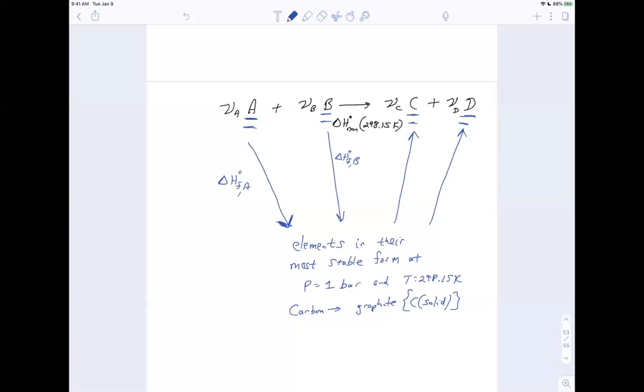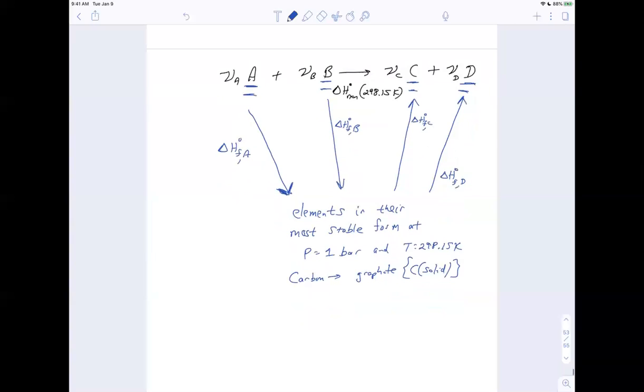Okay. And this guy will correspond to delta H formation of C. And this guy will be delta H formation of D. Okay. The other thing that we will agree upon is that H is equal to 0 for all of the things that are in this reservoir. Okay. So by universal agreement, this is sort of a, if you want to call it a calibration or some standardization. So chemists have agreed that whatever we consider as these most stable elemental forms, everything here has an enthalpy